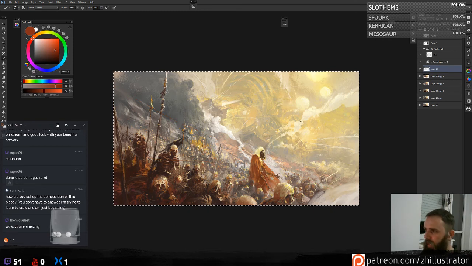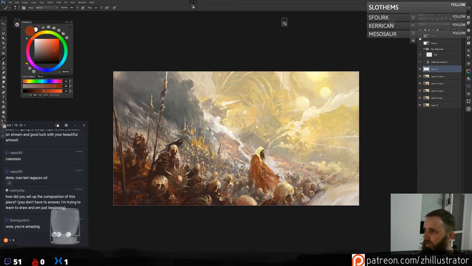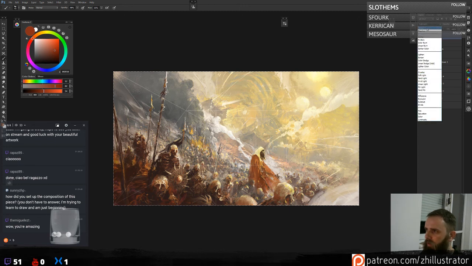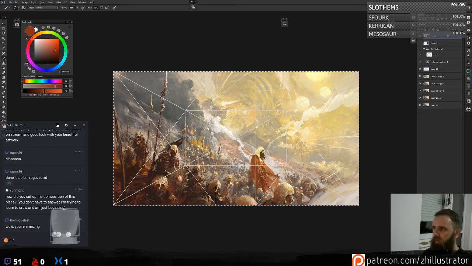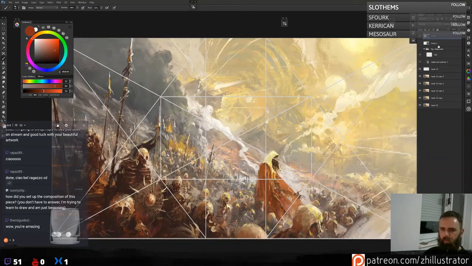I also have a compositional helper. This is a shape that I like to use to figure out my composition. Those are some intersecting lines that are important to the composition. Or I use this normal version, which is also useful.